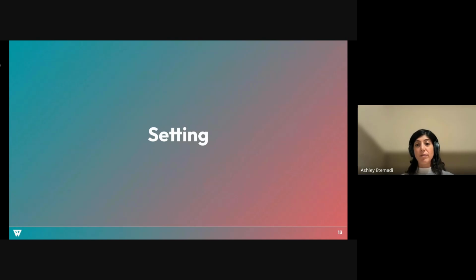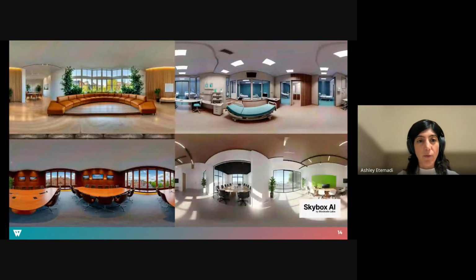To just briefly give a shout out to setting, or what we call location in the platform. So location, or setting, is the 360 environment in which the simulation is going to take place. So here are just some examples that are out of the box in the Wonda platform. And you can make those changes on your end with out of the box